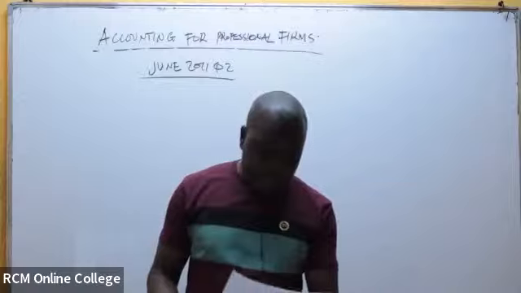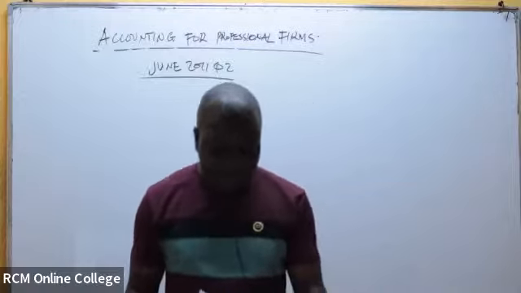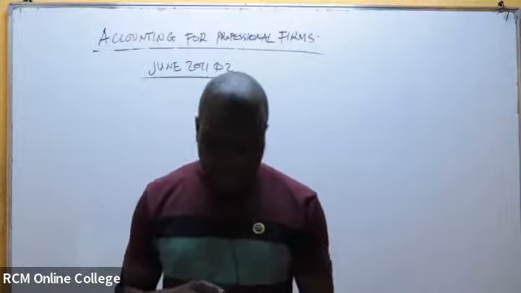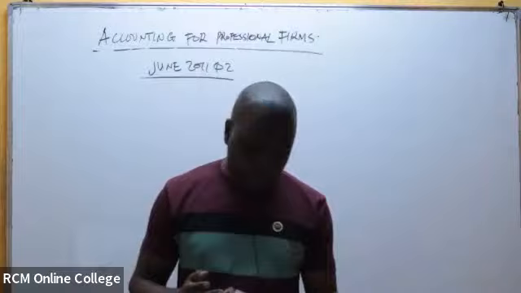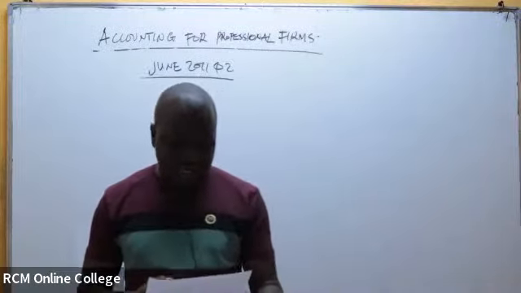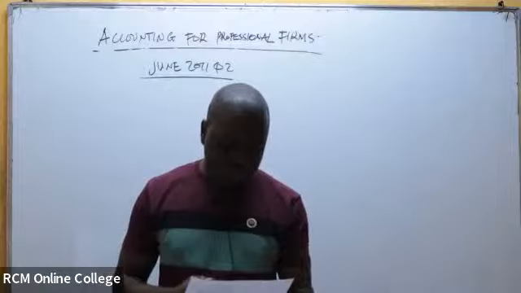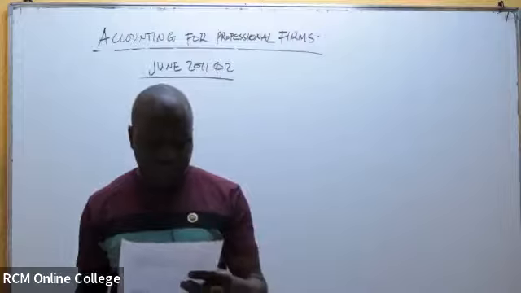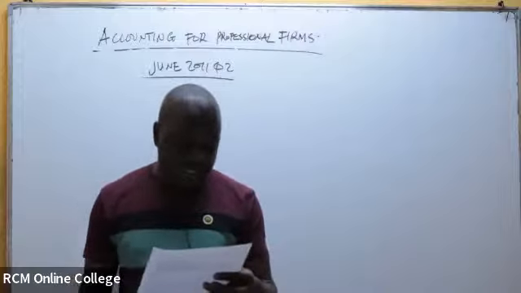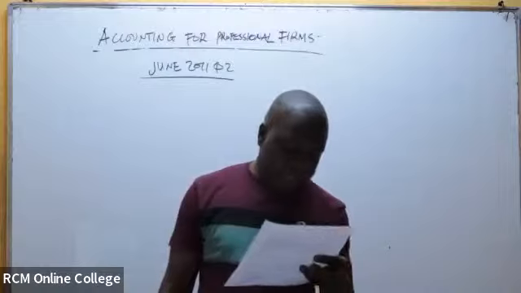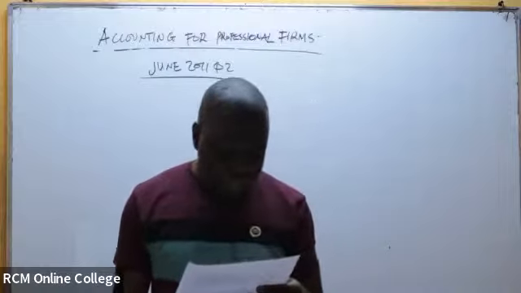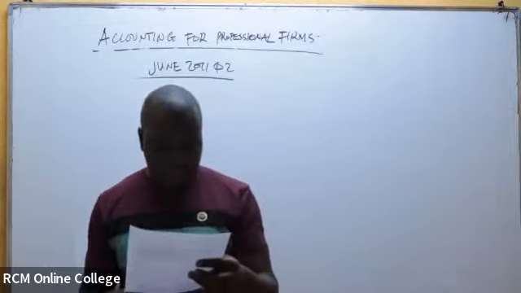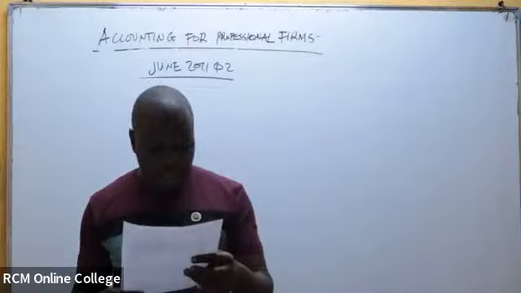So Sabina and Ekima are partners in SH and Company Advocates. The trial balance extracted from their books of account as of 31st of December 2009 was as follows. We've been given a trial balance that has capital, office equipment, fixtures, accounts payable, a client account balance, work in progress, client disbursements balance, the bank account for the client, and of course for the office,